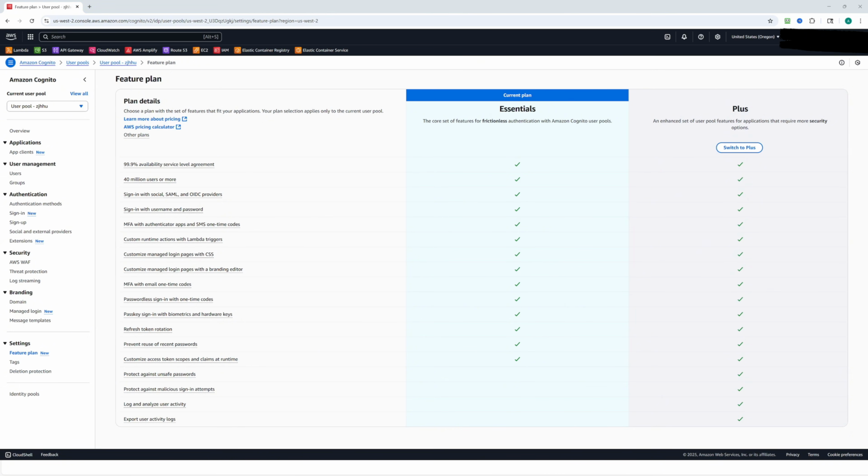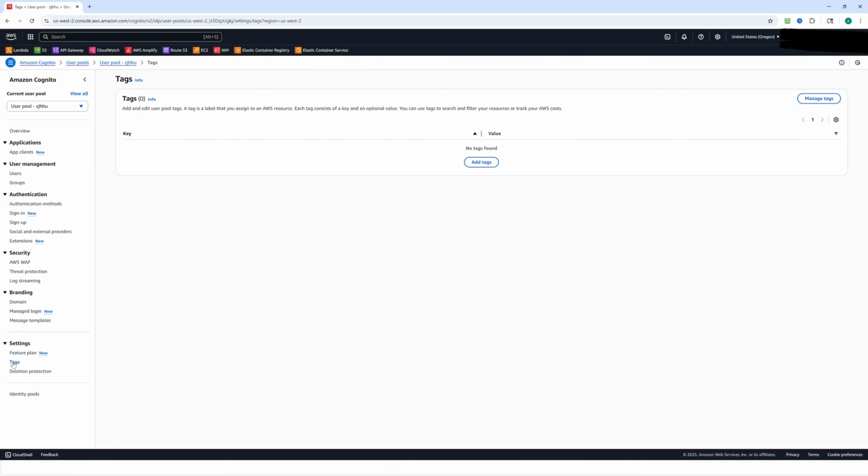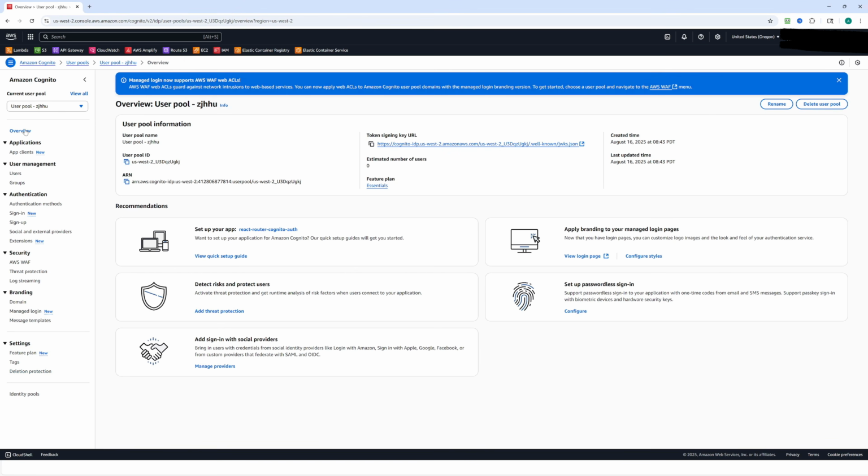The next page under settings is tags, so you can add tags to your Cognito, and then obviously you have deletion protection here. Currently deletion protection is activated by default for us, so in case someone tries to delete the user pool, it won't allow it, but you can deactivate deletion protection from here. As you can see, Amazon Cognito is a pretty comprehensive user management service and has a lot of functionality